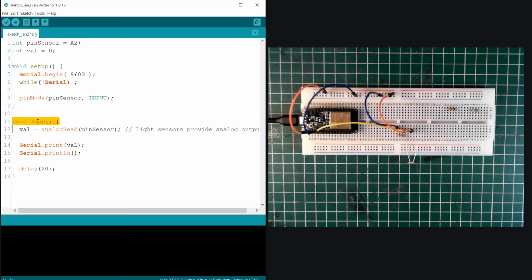But that's not always what we want from a sensor. We want to data rate limit the sensor. So let's say that we are trying to catch a phenomenon such as a sunset. A sunset takes maybe 15 to 30 minutes to take place. So we don't want to capture a sensor reading every millisecond. You can take a sensor reading every second, and that should be just about enough to detect the cadence of